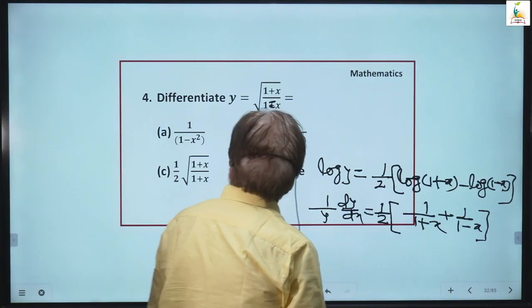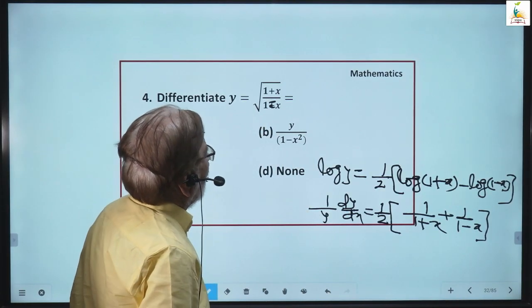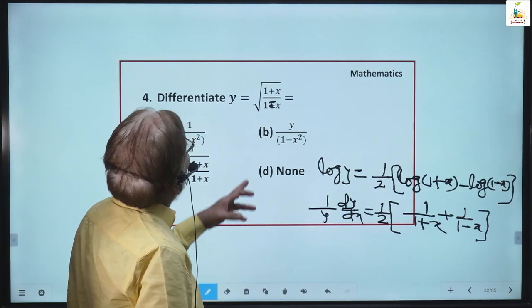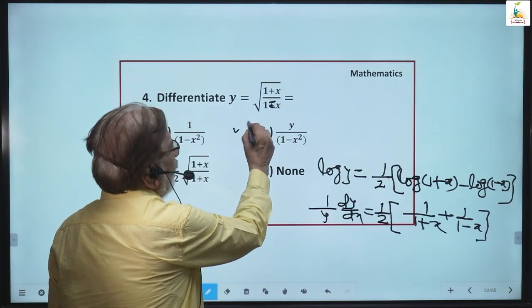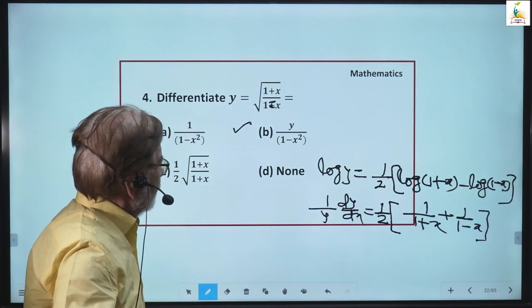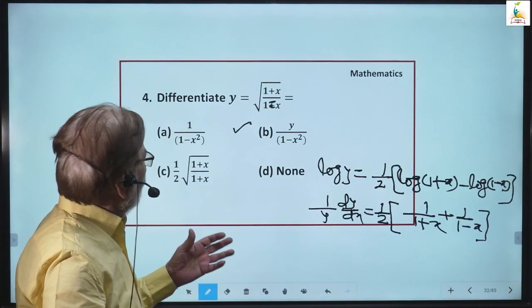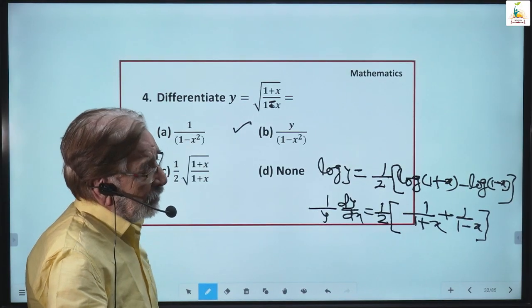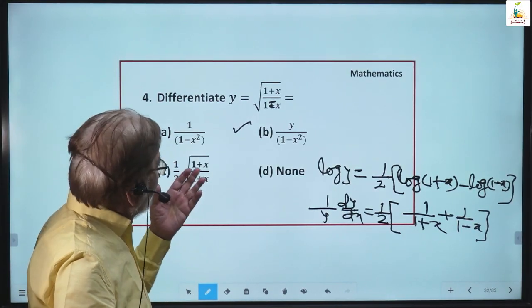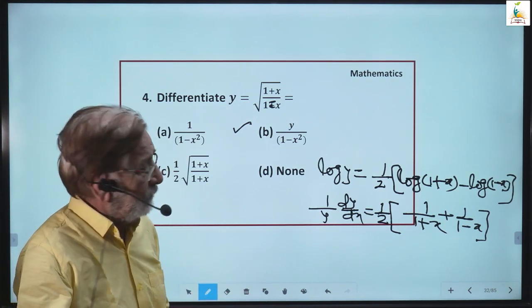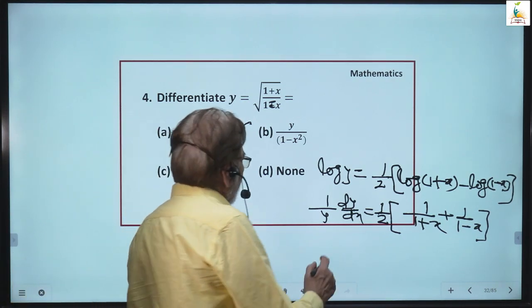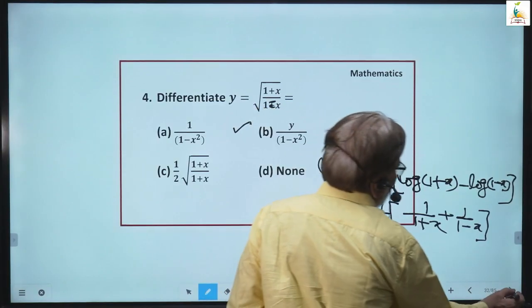So, answer will be half y upon 1 minus x square. You can take it like this also, y square equal to 1 plus x upon 1 minus x, but the answer will be in different form. So, next question,